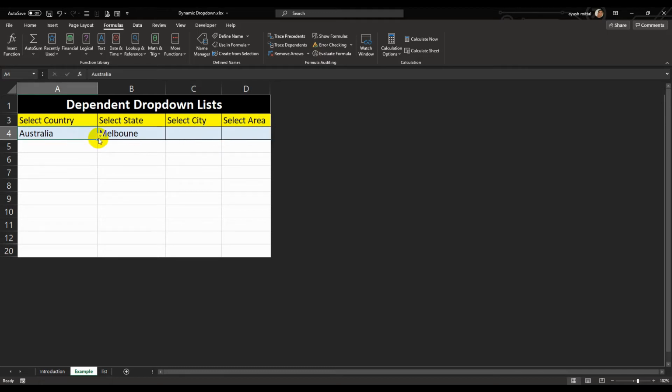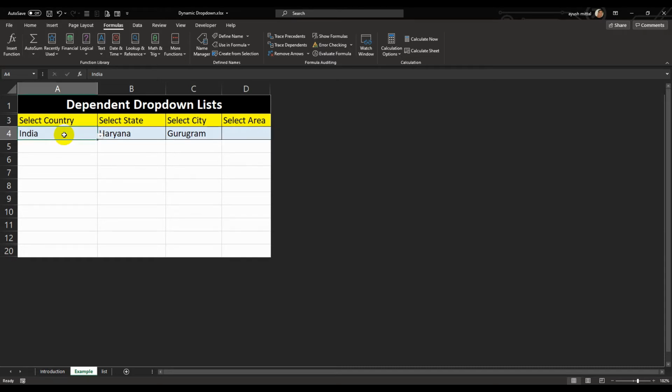Now for example, I have given a detailed reference of India, so we'll take the example of India. In India we'll have these many states. Say I take Haryana. In Haryana we have got these many cities, say Gurugram for example, and it will have some areas. So how have we created this range?